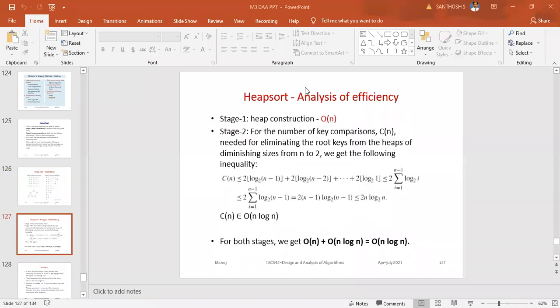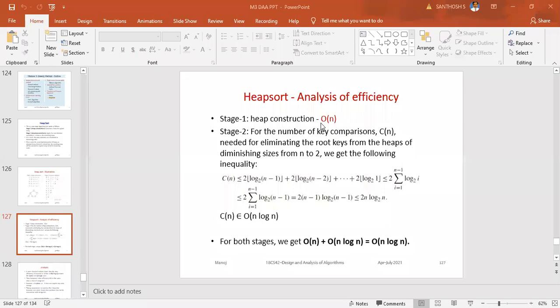Now you come to the analysis part of heap sort. How are you going to analyze? Stage 1, heap construction: you will be taking n number of elements to construct the heap, so stage 1 takes big O of n.